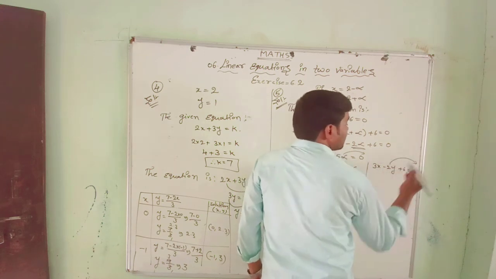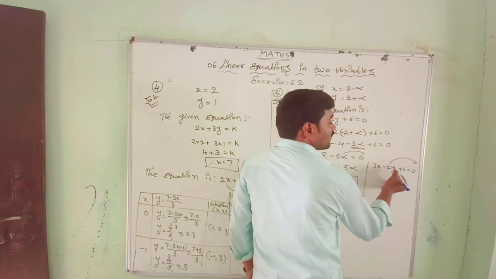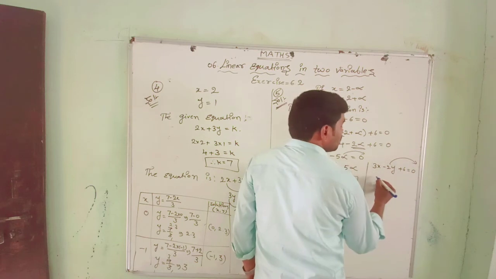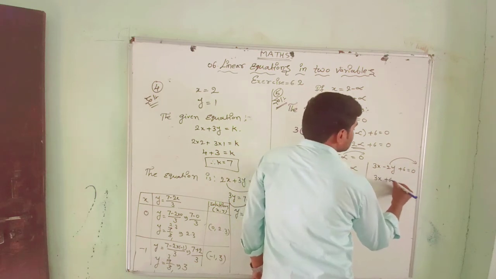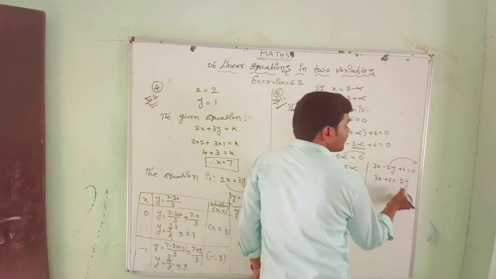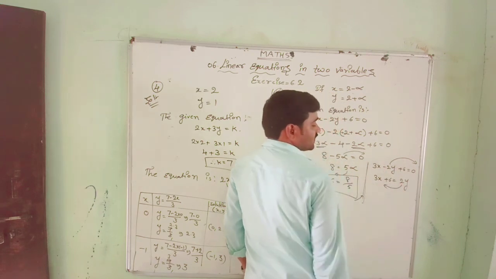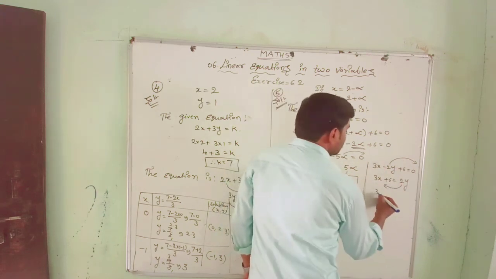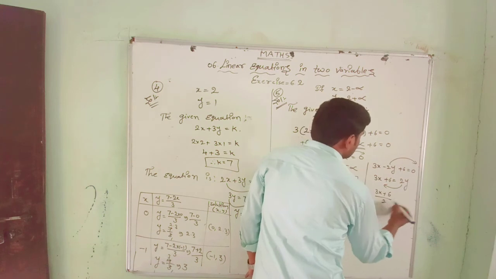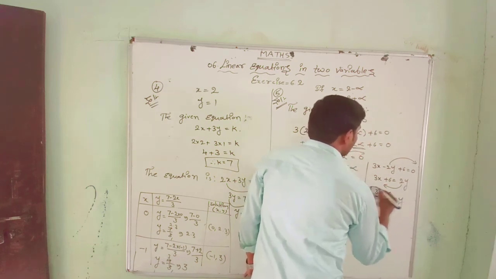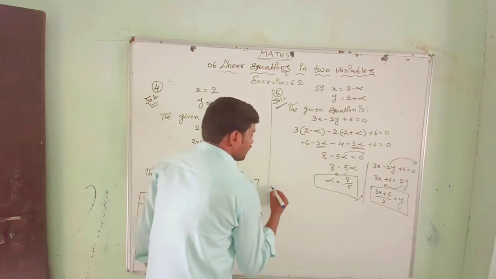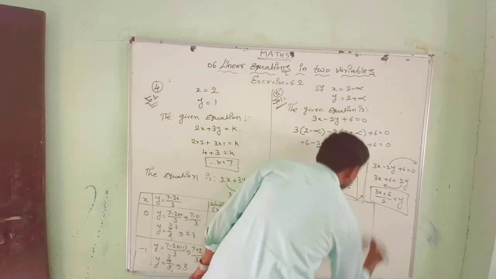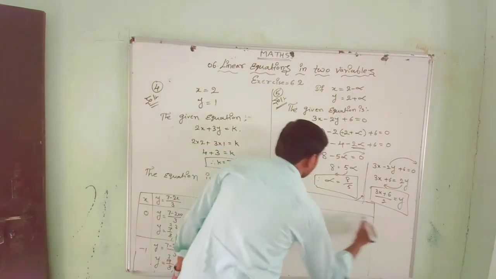Then minus 2y, you send aside, because the minus 2y becomes a plus 2y. So 3x plus 6 equal to plus 2y. Y should be positive, so transfer this to this side. Then (3x plus 6) by 2 equal to y. Now we have y equal to. Now we can find out 3 more solutions or 5 more solutions, as many as you want.